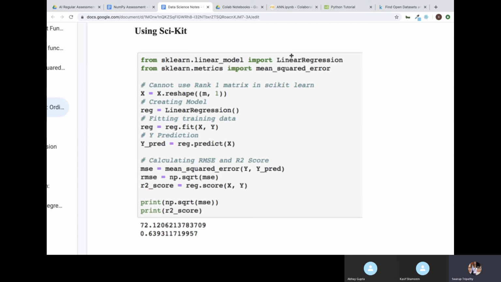Usually people don't count MSE in real time, but now to find out what the MSE is, we are using this metrics package. First thing you need to do is reshape your data. These ready-made packages take your x value as two-dimensional. They don't take it as one-dimensional, because the model assumes x can have more than one feature, so it always takes the x value in two-dimensional format.